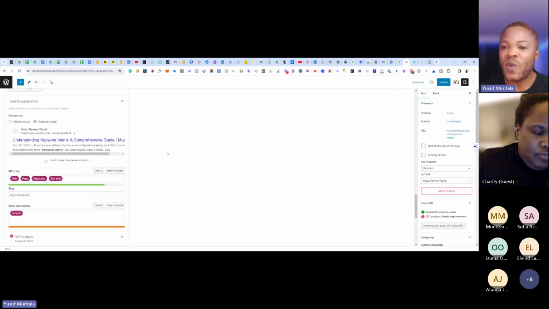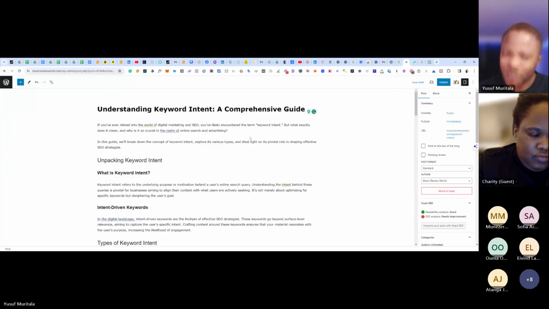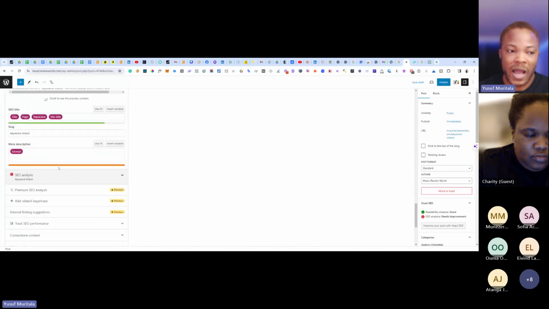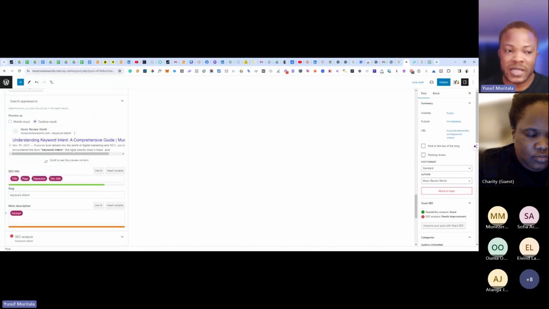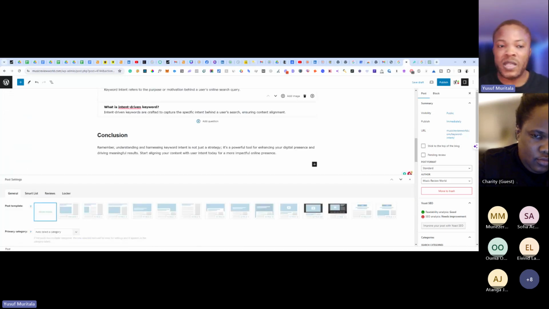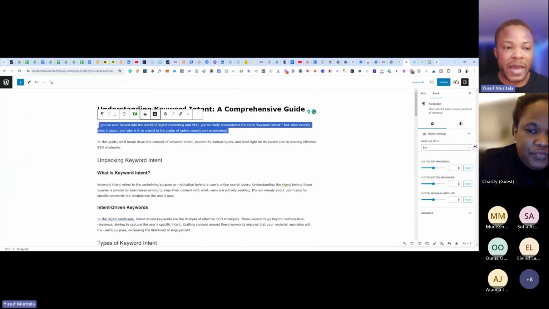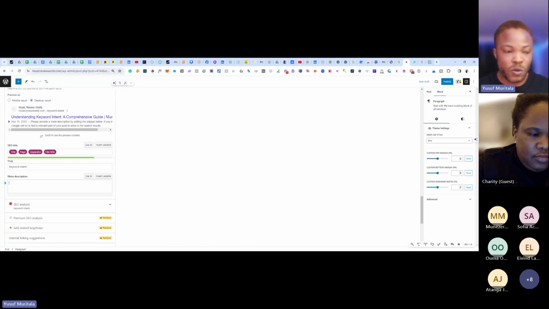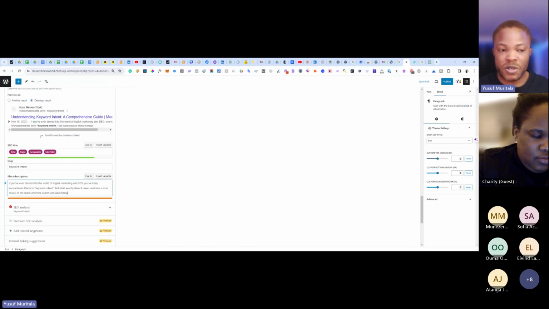That's why you need to have it most of the time in the first paragraph, so that when it pulls it automatically, it shows it. You can also remove this and type the same, or just copy this one and bring it here manually with no issue. You can be creative in this section, but make sure the keyword is there.